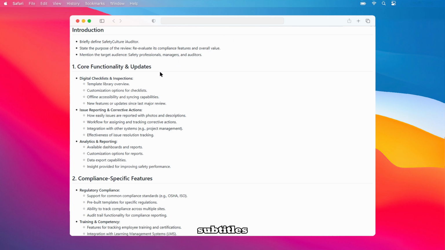Then, we'll assess the issue reporting and corrective actions. How easy is it to report issues with photos and descriptions? And what's the workflow for assigning and tracking corrective actions? We'll also explore its integration with other systems, such as project management tools, and determine the effectiveness of issue resolution